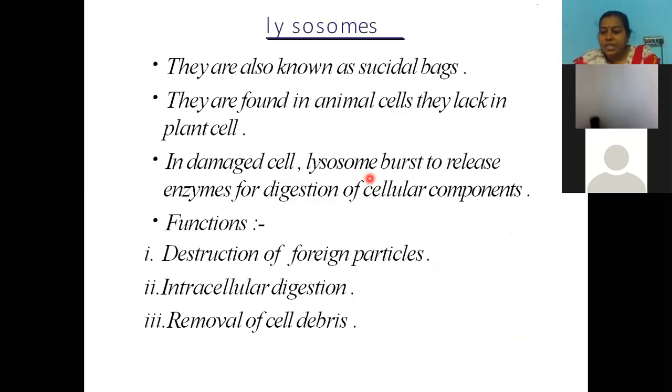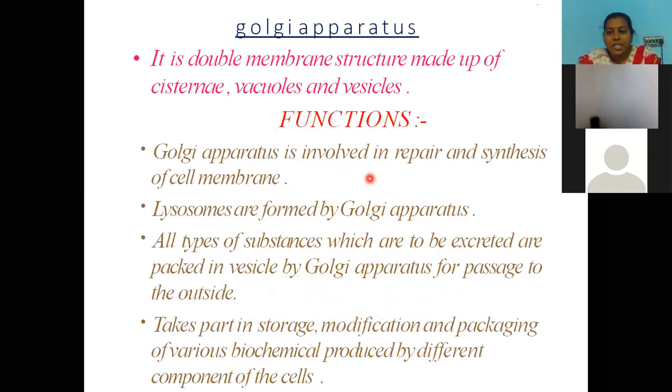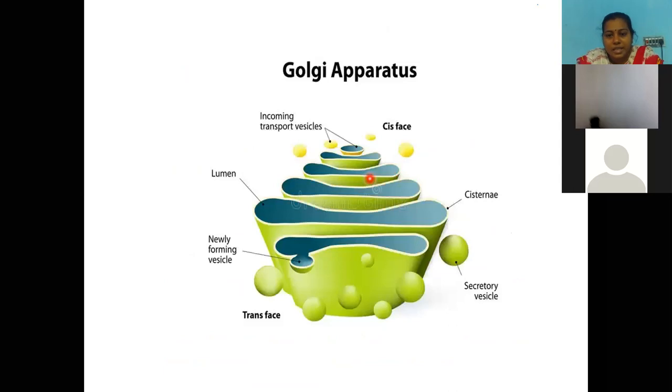See, actually, for the first time, the Golgi apparatus was discovered by Italian neurologist Camillo Golgi. That is not mentioned here. You please write this point. The Golgi apparatus was first discovered by Camillo Golgi. Okay. Next, this Golgi apparatus receives vesicles from ER on its convex side or cis face, for elaboration of their content. See, there are two faces, cis face and trans face.